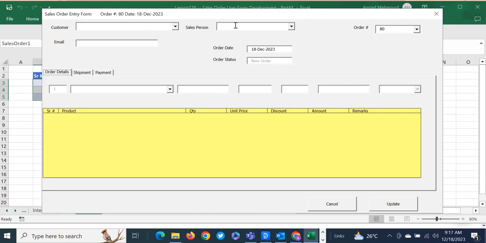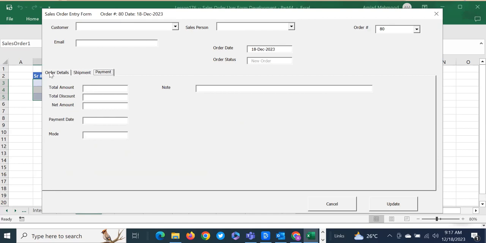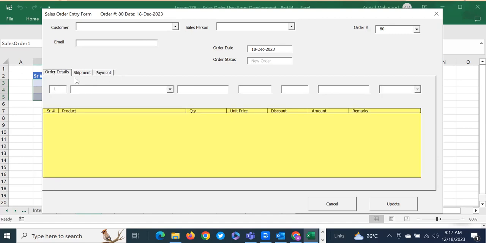On behalf of a certain salesperson. And as soon as you enter the customer, all this information is populated into their respective controls, and then you can start entering the line items of